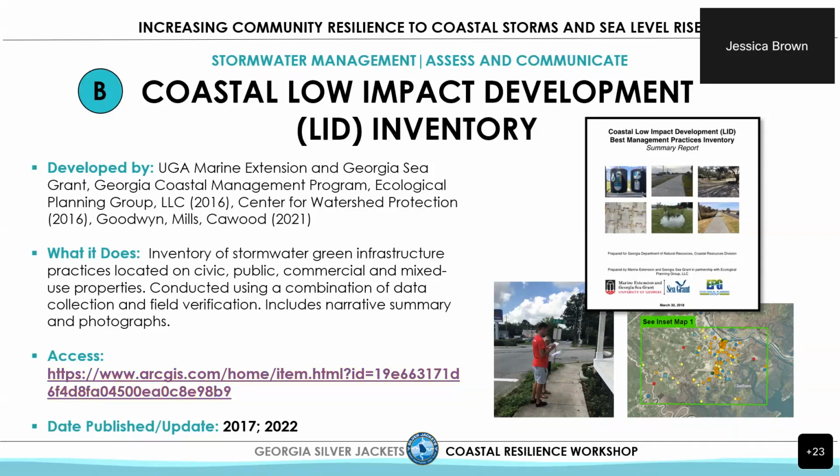In 2016 and 2017, we assessed over 220 sites, and we're currently working on a follow-up assessment for over 300. All the sites were verified, photographed, and documented in a real-time GIS map. So, accessing that tool, if we'll move to the next slide,